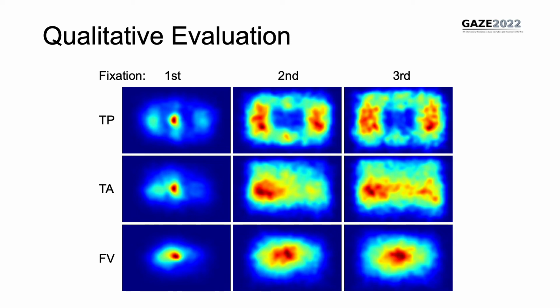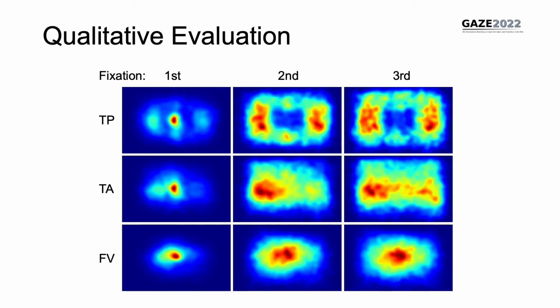Task differences clearly emerge as soon as the first new fixation. By the second new fixation, the center bias in the TP data is replaced by a highly bilateral distribution of attention, showing target guidance pulling gaze away from the center position. TA search fixations were more spatially dispersed than free viewing fixations, suggesting a more active exploration during search compared to free viewing.